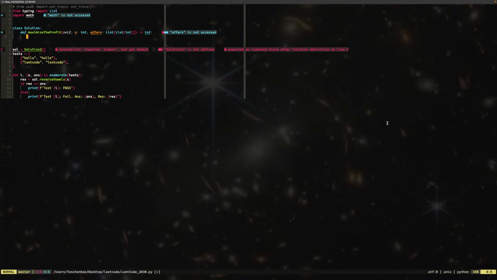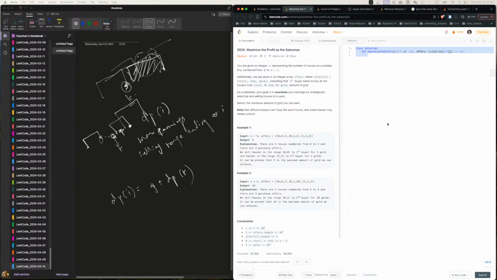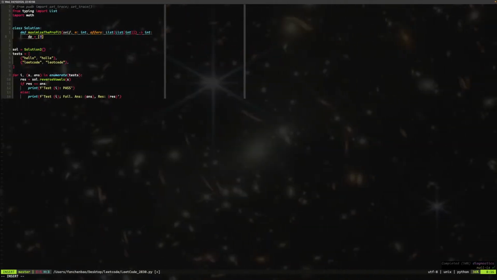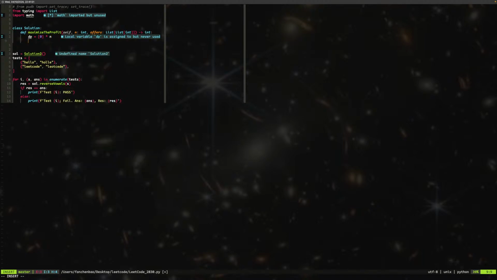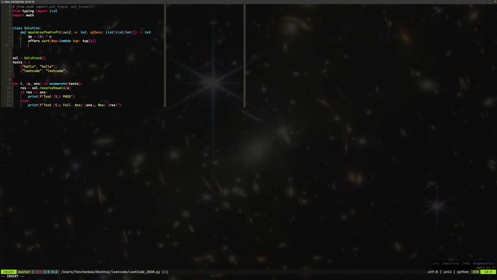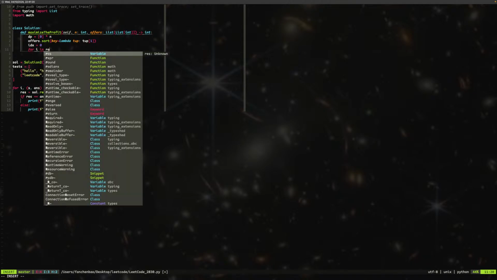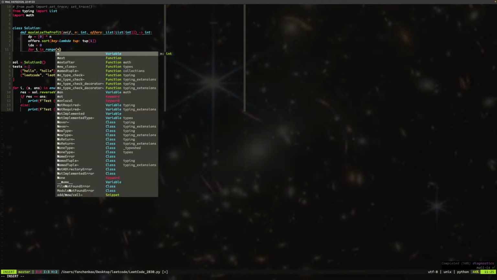Okay, so what do we say? We need a DP. But before we do that, I have n. N is the total number. So DP equal to 0 times n. And offers.sort with key equal to lambda tuple: tuple[1]. Okay, so offers are sorted, and then we have index is 0. All right, then for i in range n, actually no,